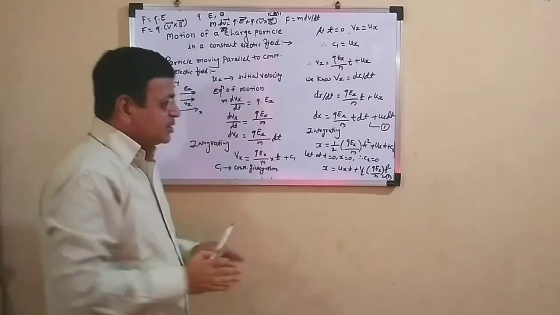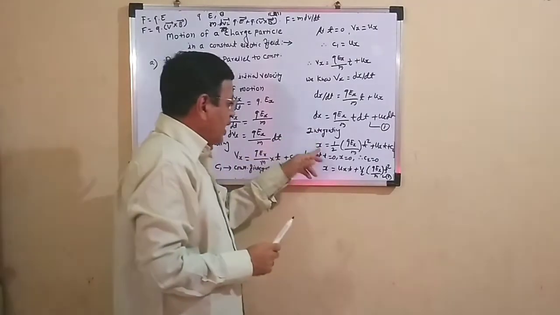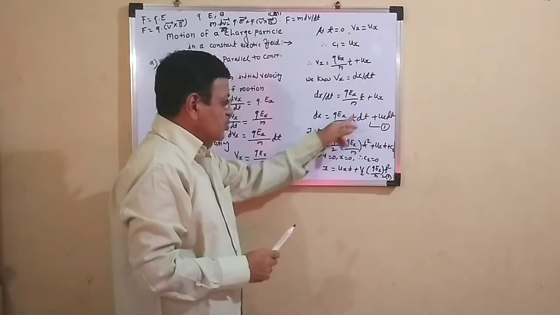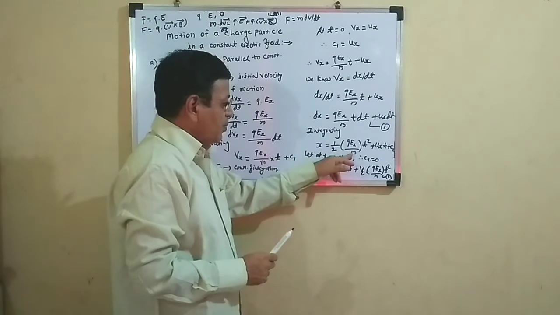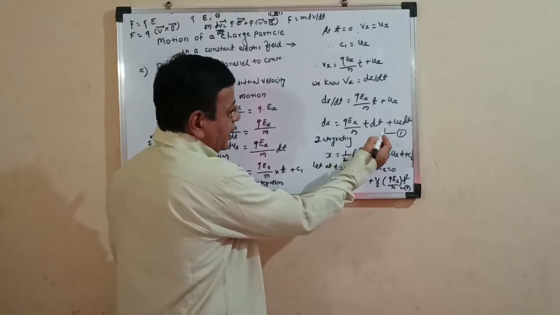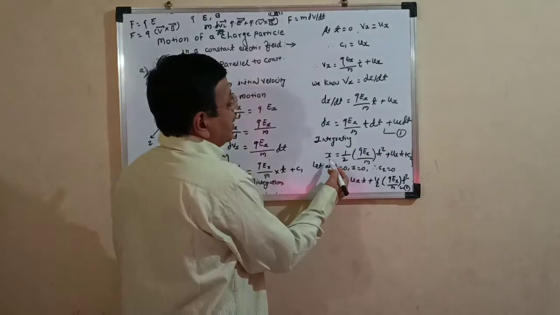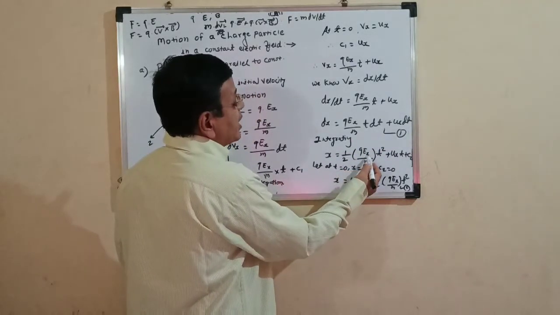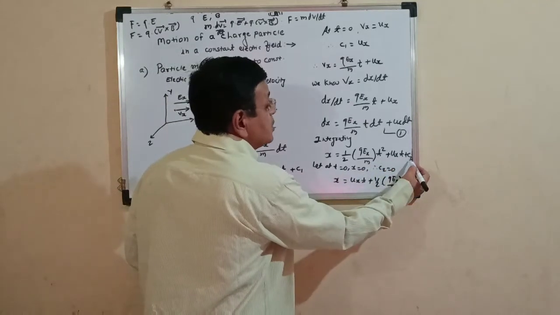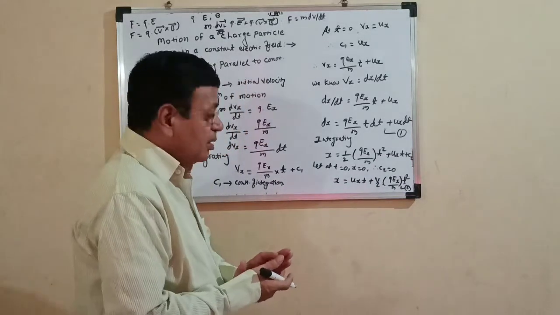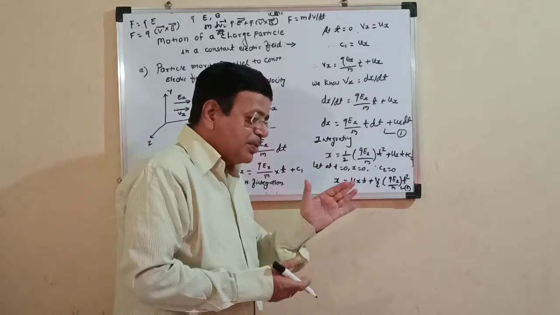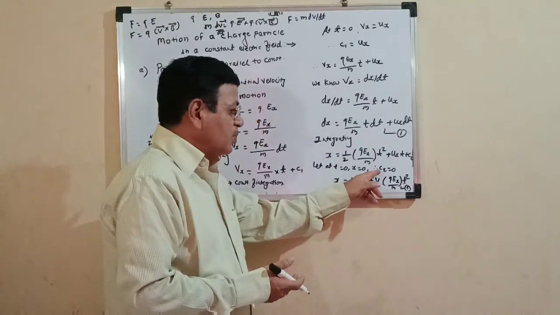We integrate that. By integration, we get integration of dx is x, and integration of t is t square by 2. So one half qEx upon m into t square plus ux integration of dt. On integration of equation 1, we get x is equal to one half qEx upon m into t square plus ux t plus c2, where c2 is the constant of integration. Again, at t is equal to 0, x is equal to 0, that is the displacement along the x-axis is 0. Therefore, c2 is equal to 0.